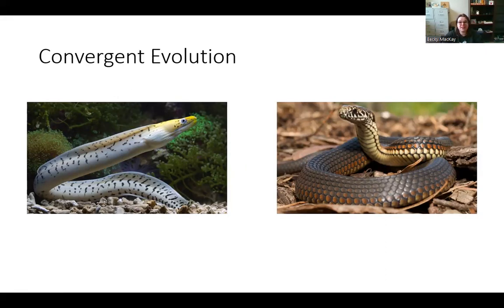So they ended up with this similar body shape, this long, slender form, which allows them to go in and out of really small environments really easily. A lot of snakes live in brush or even in trees. And so they can go into really dynamic habitats that have all sorts of crazy things going on without getting snagged on things. Similarly, a lot of eels live in coral reefs, which are really, really complex. So we have this convergent evolution.